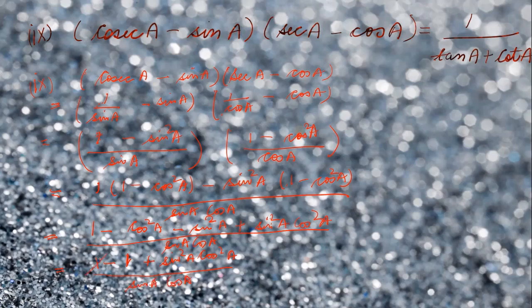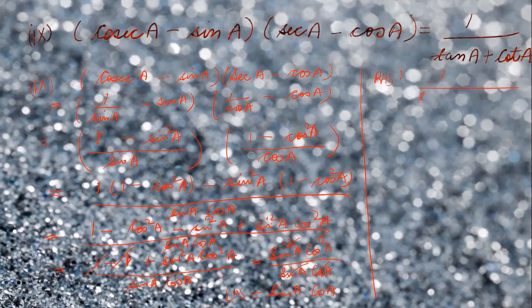Okay, you can cancel this. It will be sin square a cos square a divided by sin a cos a. So cancel one term over here. So it will be sin a cos a. Now this is your left hand side, okay. In right hand side you are having